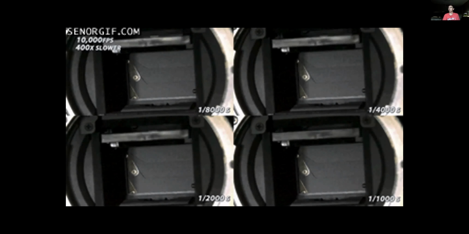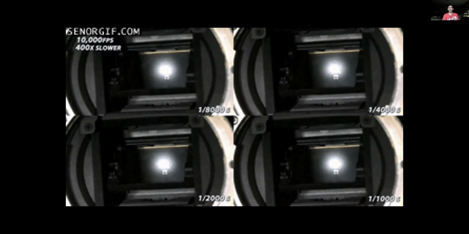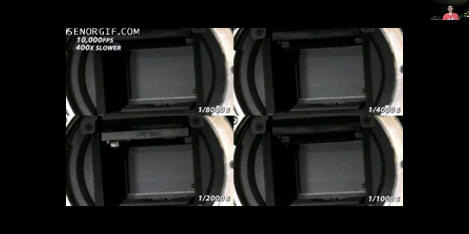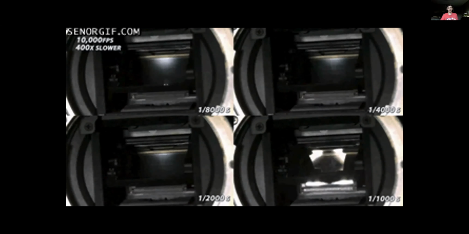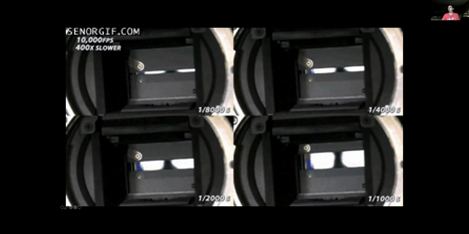But if you look closely, and I'll let this run one more time, you can see that the width of that curtain that's open is also going to affect the speed. So if we watch this again here, you can see that everything moved at the same rate, and I froze it here, but you can see that for each different exposure, the amount of light hitting the camera, even though it's at the same rate, that's how they are able to get it going so